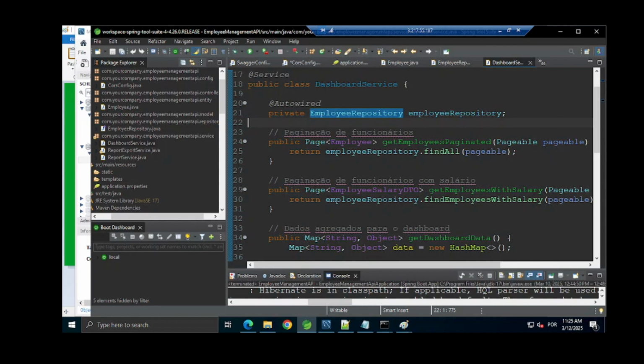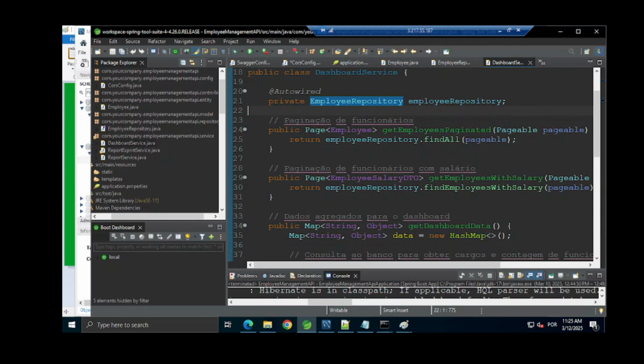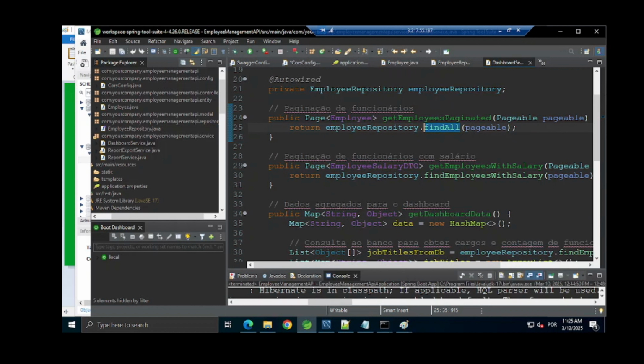So in this way we can call the methods, and we can create a new method calling the methods from the class before that, which is the repository. We have the repository that instanced the entity, and now we have the service that instanced the repository. So when I use the instance of the repository that is here and call the methods from the repository, I can create new methods. So in this way I don't have any dependence on the way that the class